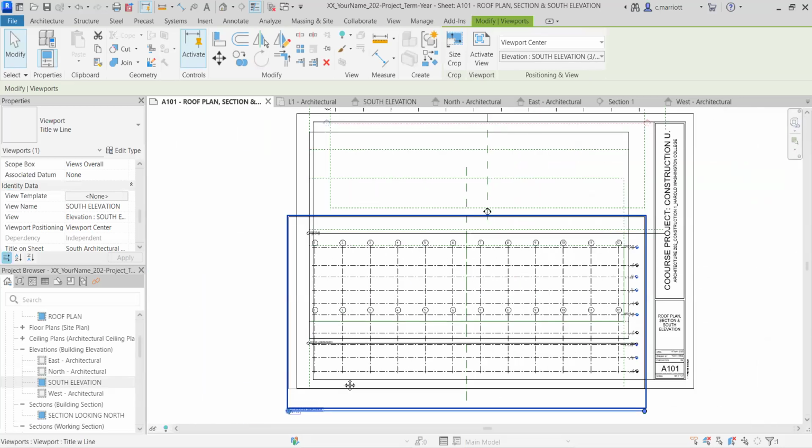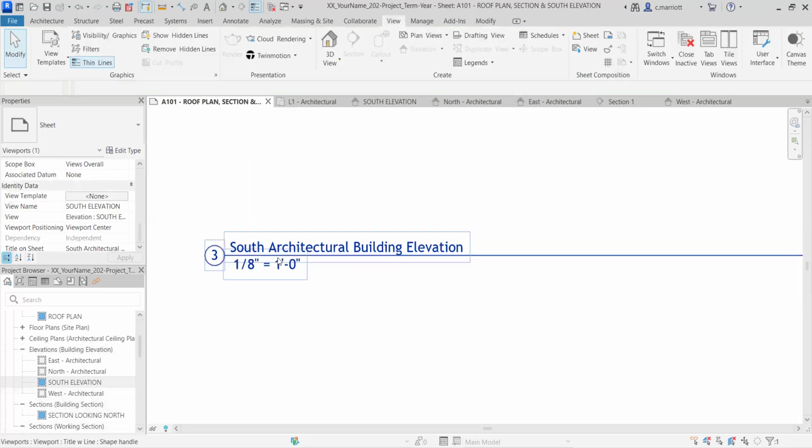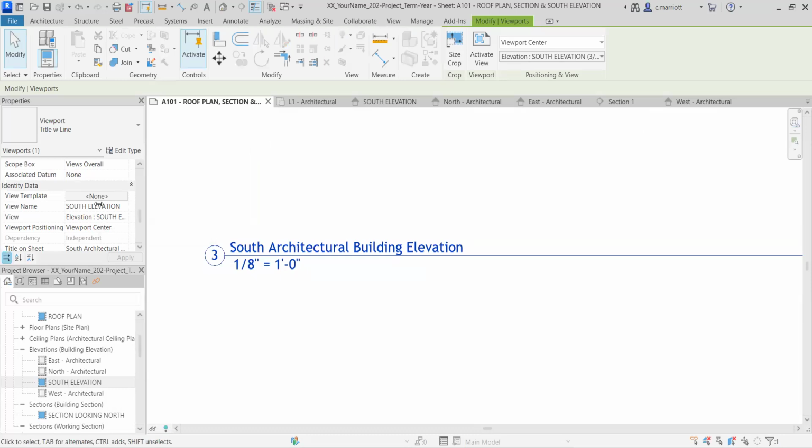Section looking north is 2. And so it didn't change that. What we can do, click on it, and let's see, there should be one that says title on sheet. And that one should also say